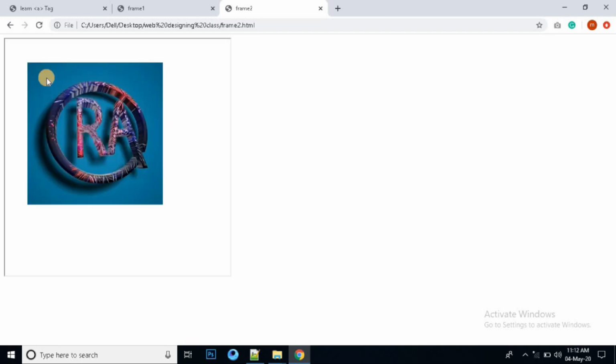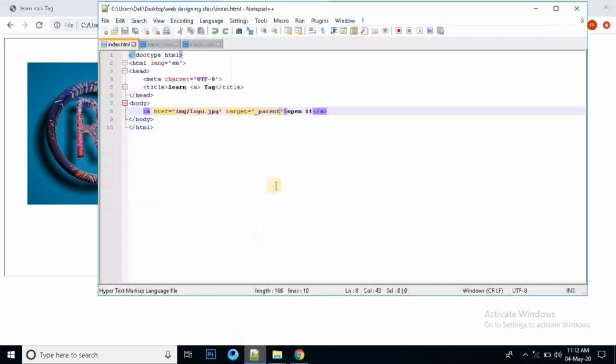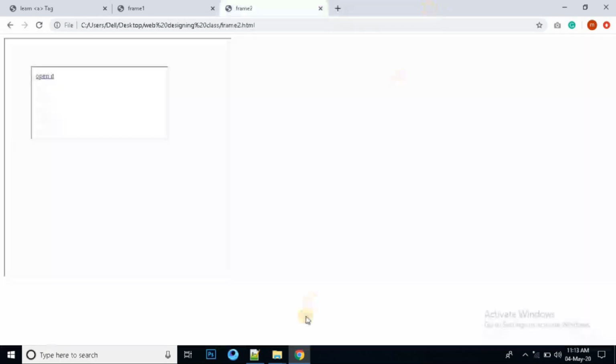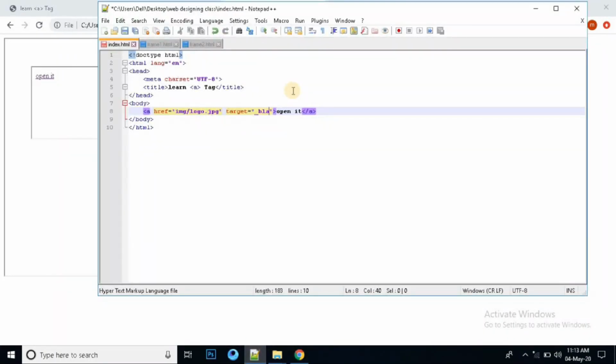Now you can see the second frame inside the first frame is not there, and it is loaded in the parent frame. And third, blank. Save it, and it will be loaded in a new tab. Now we will try the top attribute value. Refresh it. Now it will be loaded at the top of any element, like no frame.